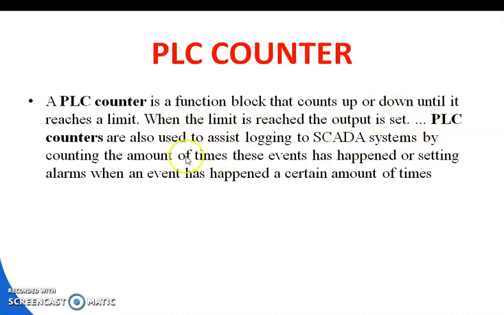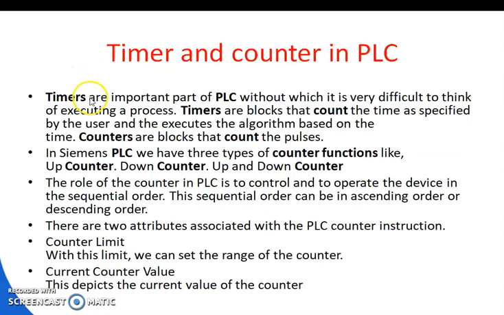The PLC counters are also used to assist logging to SCADA system by counting the amount of times these events have happened or setting alarms. When an event has happened a certain amount of times,